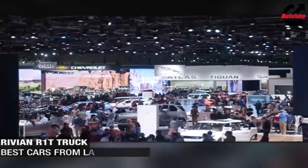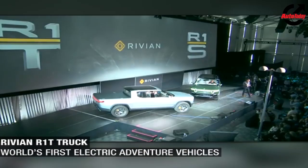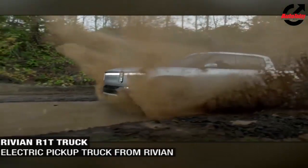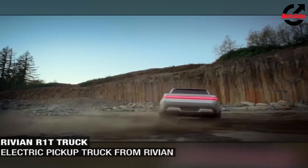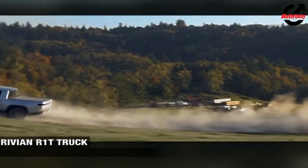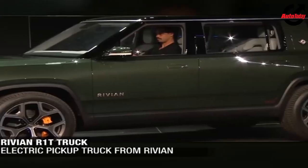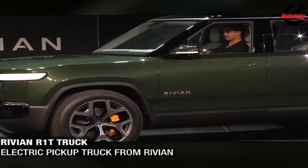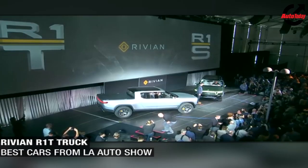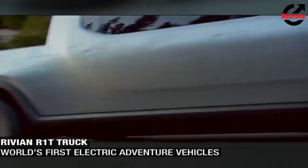Among the host of world debuts at the LA Auto Show, a new American manufacturer came to the show with 2 electric adventure vehicles. Rivian focuses on off-road and adventure touring, with claimed range of their all-electric powertrain being in excess of 650 kilometers. The R1T is a truck version based on the same platform for the 7-seater SUV called the R1S. With the same power outputs for both vehicles, the truck can not only clock a 0 to 97 kmph time of 3 seconds,